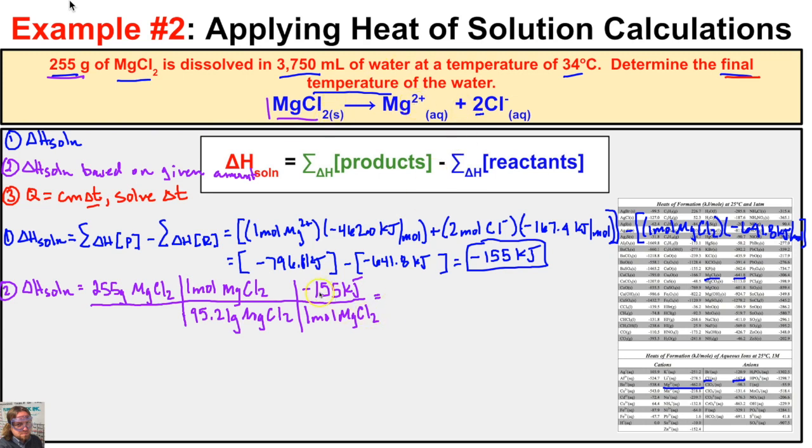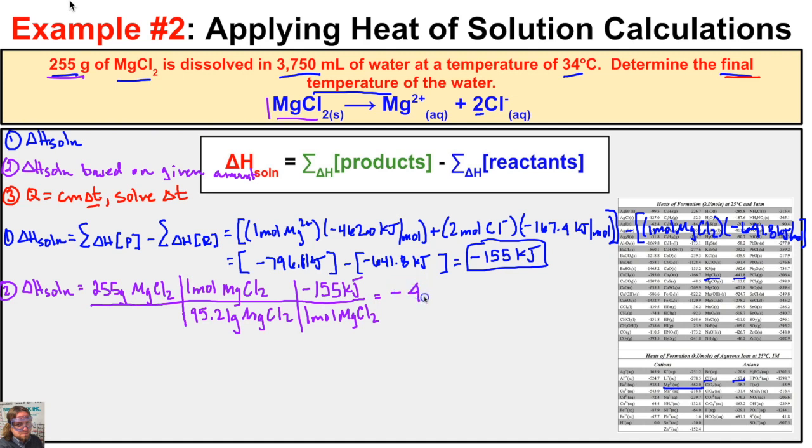And so this is the amount of energy that's released when this dissociates and dissolves in water. And so now we get our calculator out. We take 255 divided by 95.21 times negative 155. And we're going to end up with negative 415.1